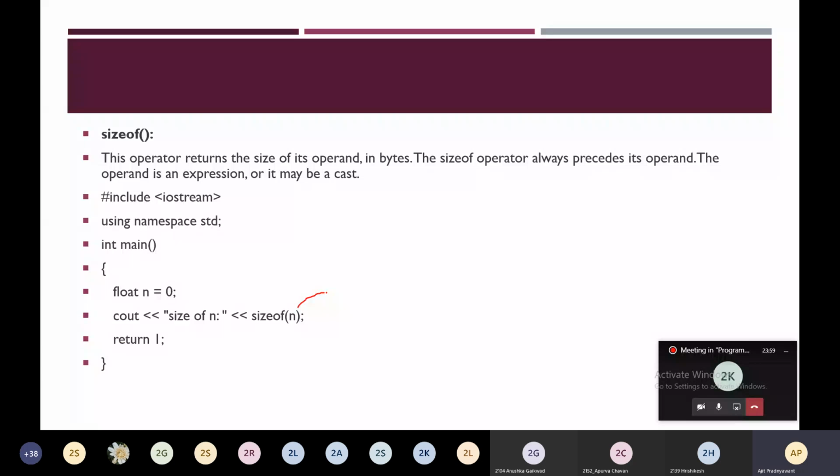It will calculate the size of that particular variable. So the size of n will be 4 bytes, because a float requires 4 bytes, and sizeof(n) will print 4. So this is the use of the sizeof operator.